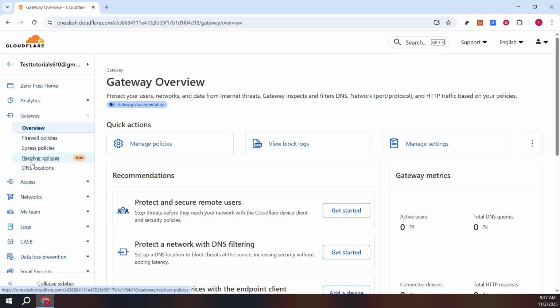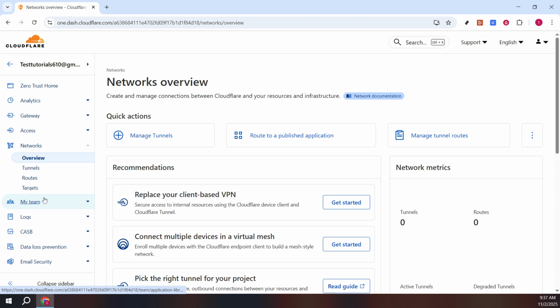level. This is essential for protecting data in transit and ensuring that only trusted users and devices gain access to your network resources. Spend some time familiarizing yourself with the various configurations available within the Gateway feature to tailor your security settings efficiently. Finally, the Networks area within the Cloudflare Zero Trust platform presents more advanced options for network management